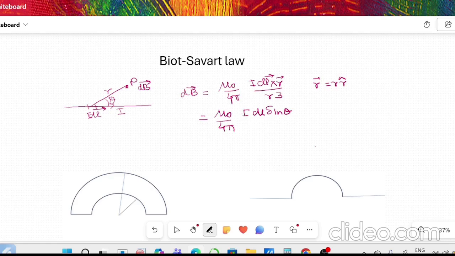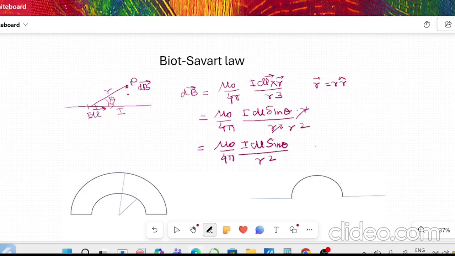So using this law, we can write it like this, and here it is r and this is r cube, so it will cancel out and become r square. So this gets simplified, and this is mu 0 by 4 pi, I of dl sine theta by r square,